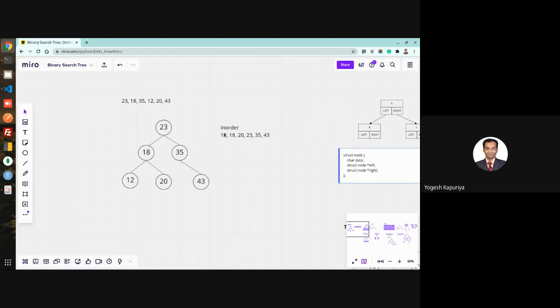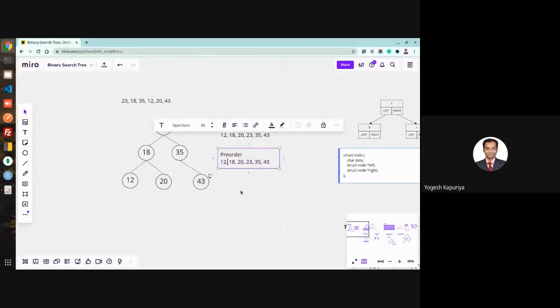Similarly, let's find out the pre-order and post-order as well, just for understanding. Remember, this is a topic which we have already discussed. Pre-order means node, left, right.